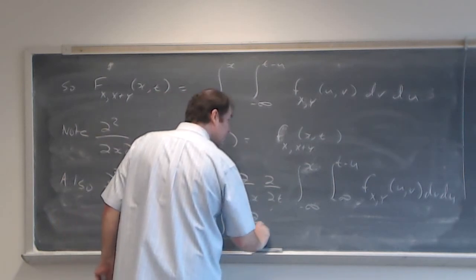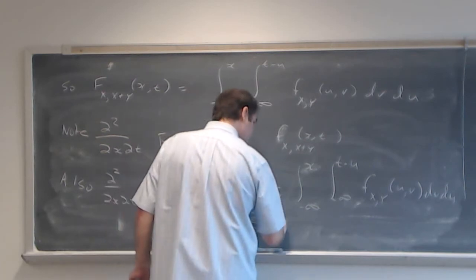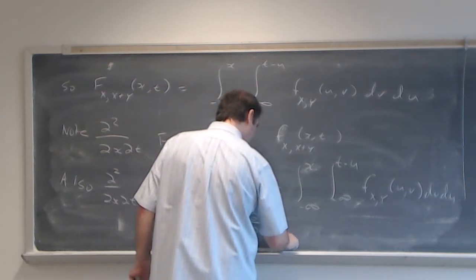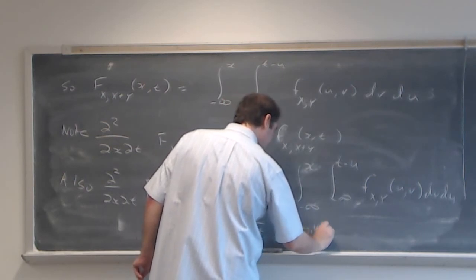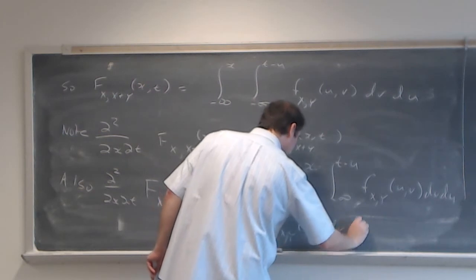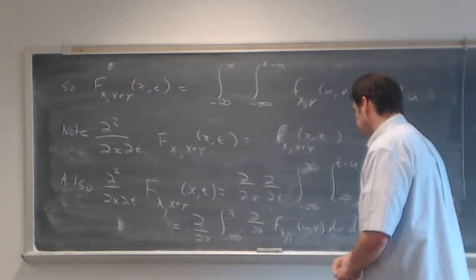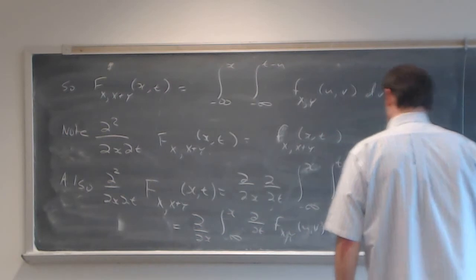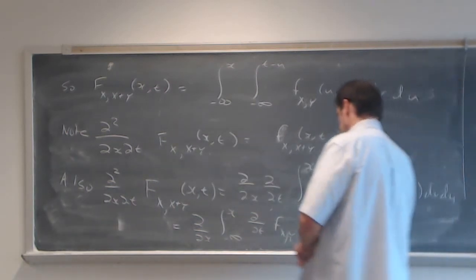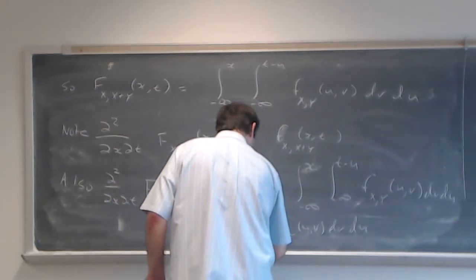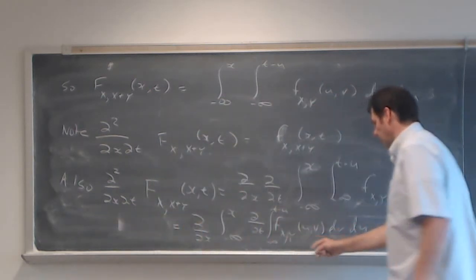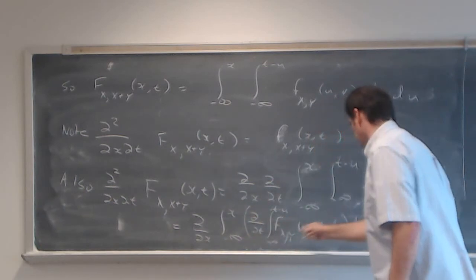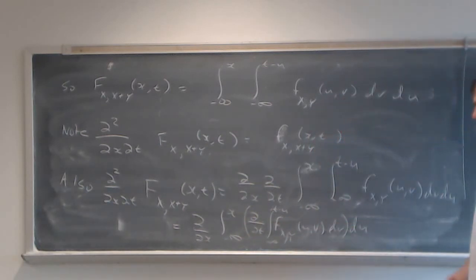Partial derivative with respect to t of the joint PDF of X and Y at (u, v), dv du. I forgot an integral. There's an integral from minus infinity to t minus u. So by the fundamental theorem of calculus, this inner integral is what we call